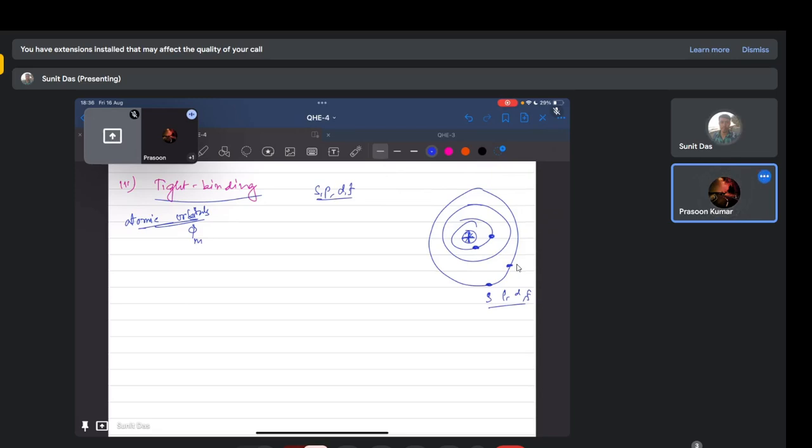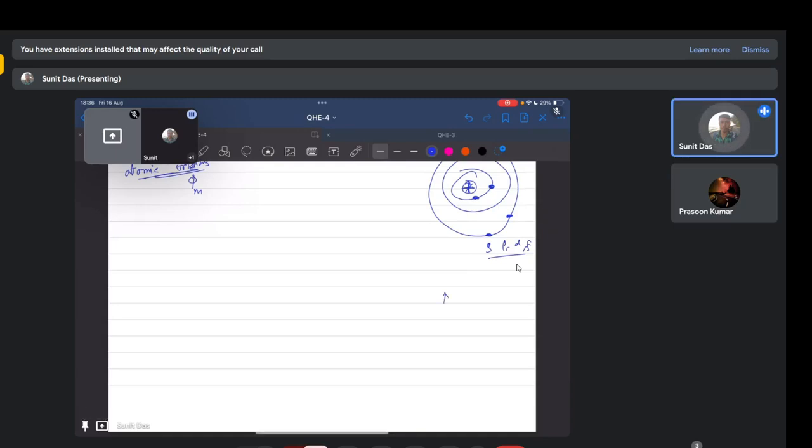Actually, I forgot cesium's atomic number. I think it's 56, something around that. Sodium has 11 electrons, right? So if I consider sodium, then